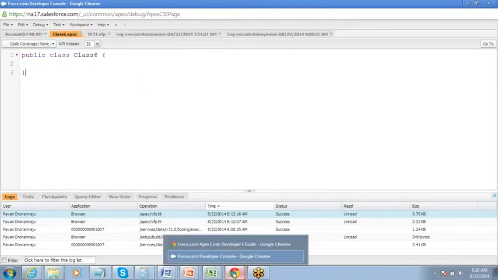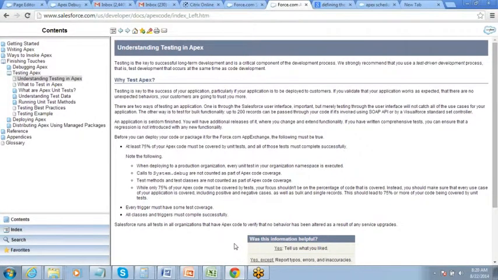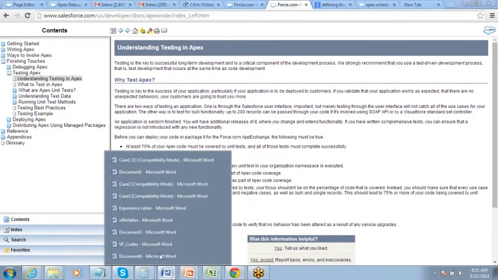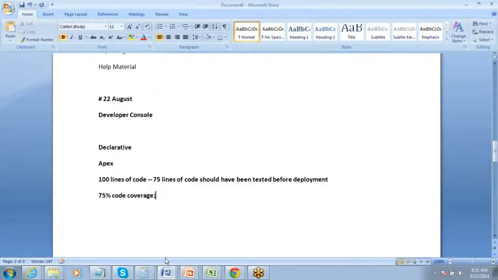So if you have written the code, that is one part. Till the time you are not deploying, till the time you are working on your sandbox, keep on working on the code will work fine. The code does not have a problem. The moment you have tested and you have checked the code is working fine, you also have to define a test class or a test method, which checks whether the code is working fine. So one is your actual method, understand this thing. One is the actual method.